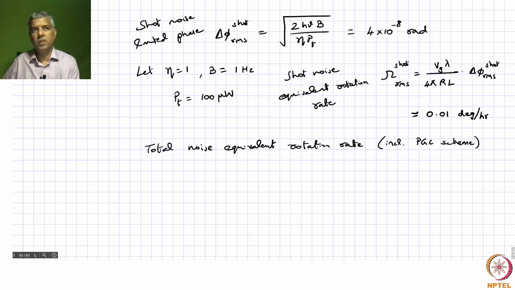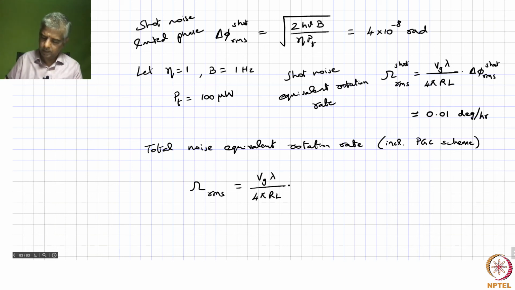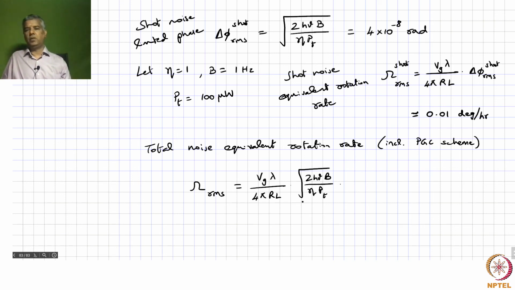And let's assume that we are going to use the DC term for the detection. Then I can write the overall noise equivalent rotation rate omega RMS as all these quantities Vg lambda divided by 4 pi RL multiplied by root of 2h nu b over eta times pt, and now that is scaled according to